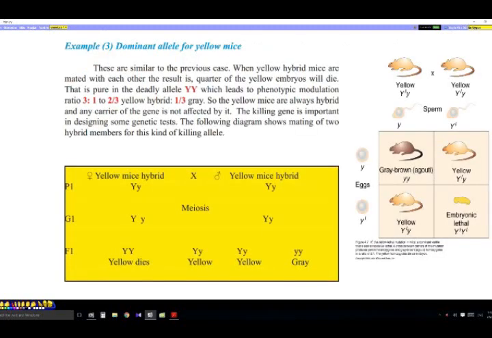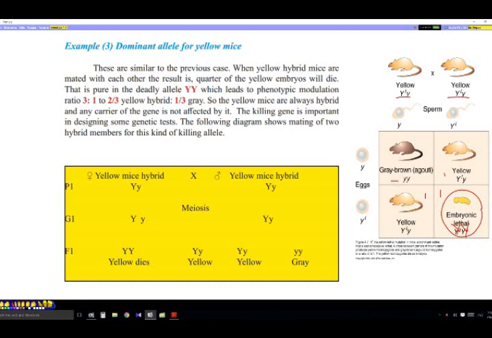Another example: dominant allele for yellow mice. This is similar to the previous case, the creepy chicken. When two yellow hybrid mice are mated with one another, the result is that a quarter of the yellow embryos will die because they are pure for the deadly allele, capital Y, which leads to a phenotypic ratio of 3:1